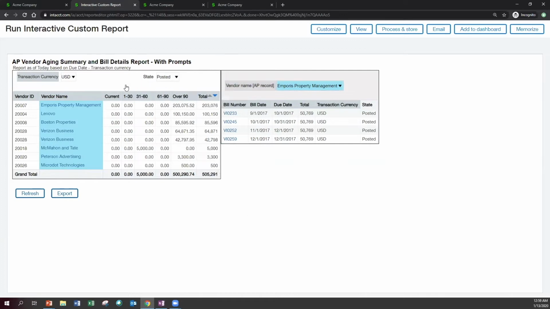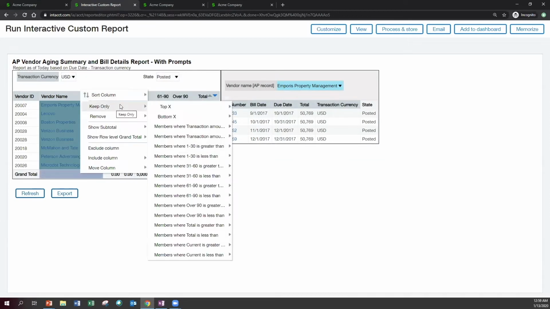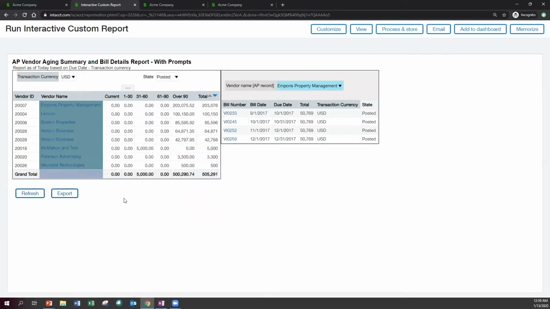We can also make some additional changes to the report as needed. Let's say if this were a longer list, maybe we would need to add in an additional filter here, such as what's called a keep only or remove rule, which would keep only the accounts that meet a certain condition or remove accounts that meet a certain condition. That way we can continue to sort through the information and figure out which ones we need to follow up